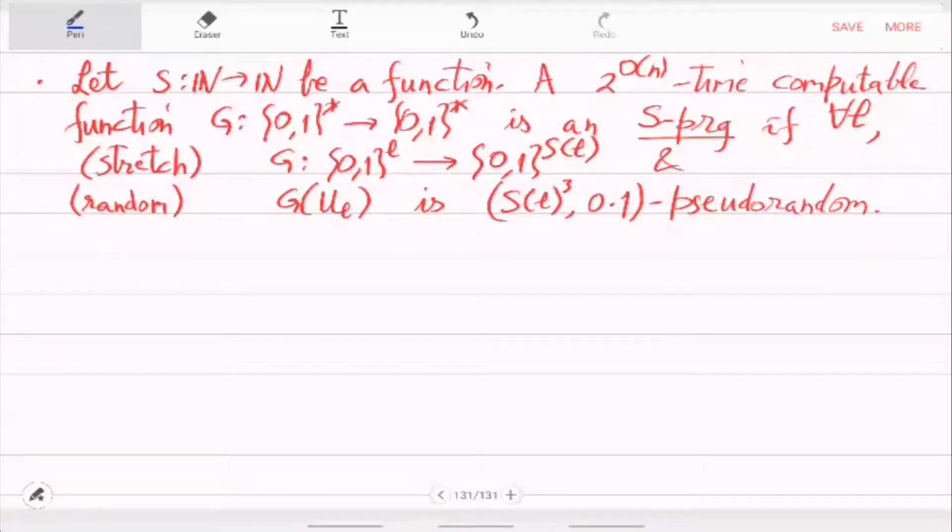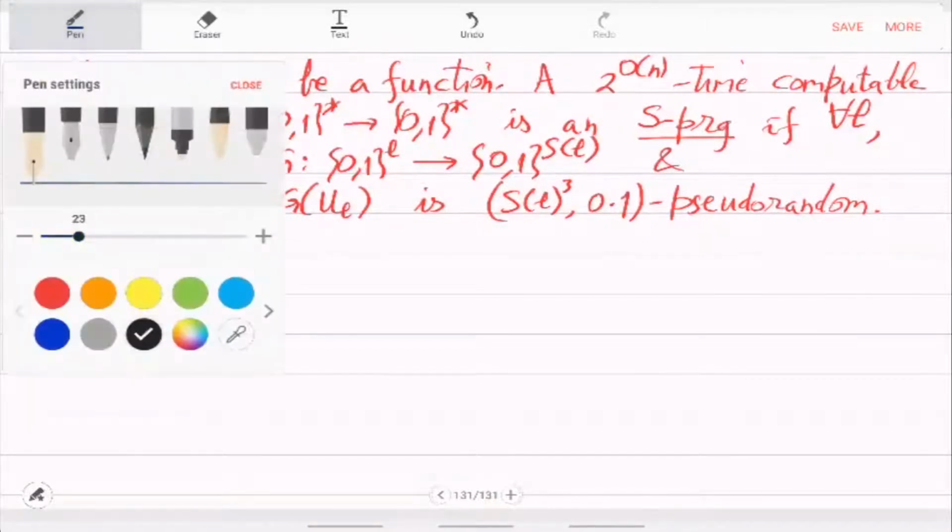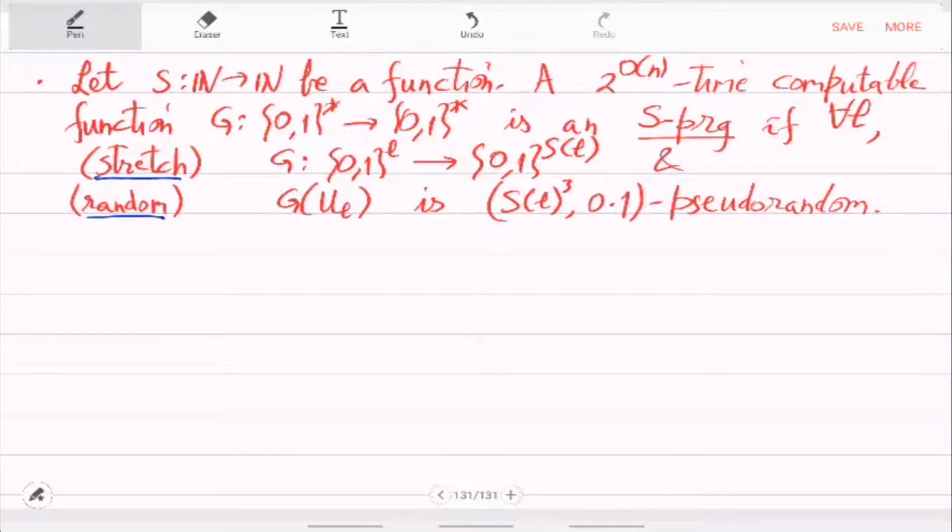Okay, so remember that the output you are getting is S of L bits, and essentially in that much size, circuits will be fooled. Okay, so circuits of size S of L cube will be fooled, and then the error we are allowing is 0.1. It's not 0 exactly, but it's 0.1. These constants 3 and 0.1 are kind of arbitrary. We have picked them so that all the subsequent theorems work, but you can actually change them also. It's not something very specific.